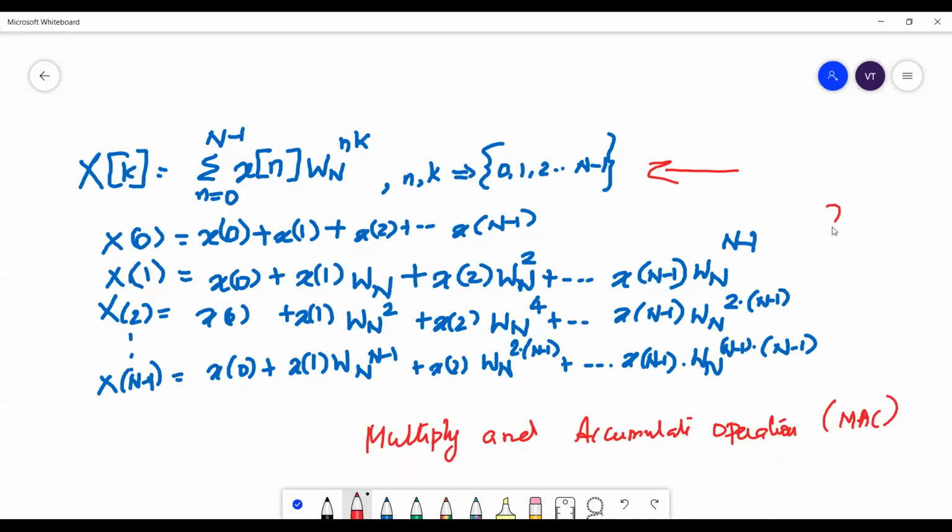What I wanted to highlight here is this. You have n equations. You have x of 0 to x of n minus 1 that are known. Small x are known. You can compute all the values of w raised to 1 to w raised to n minus 1 into n minus 1. So all values can be computed, which means now you will be able to represent this in a matrix format like this. So let me share the PowerPoint presentation once again.